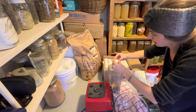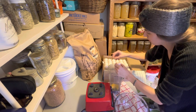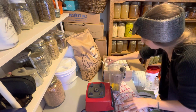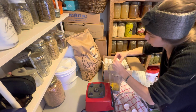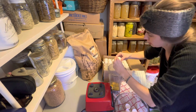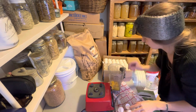I'm saving these eggshells for gardening. I am going to boil them or something. I'm not sure what I'm going to do. What's the process? Somebody comment down below. What's the process for taking care of your eggshells if you want to add them to your soil, to amend your soil? I think I've got to boil them and then dry them in the oven, and then I'm going to blend them up. So we're going to fill this whole Vitamix up with eggs